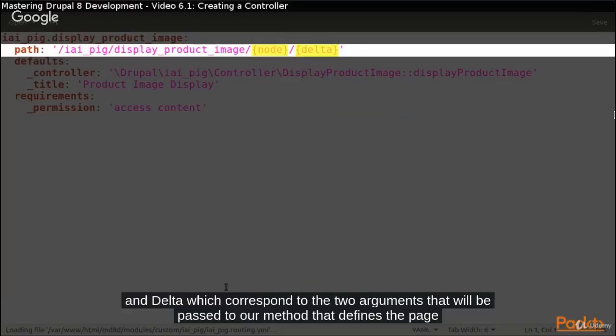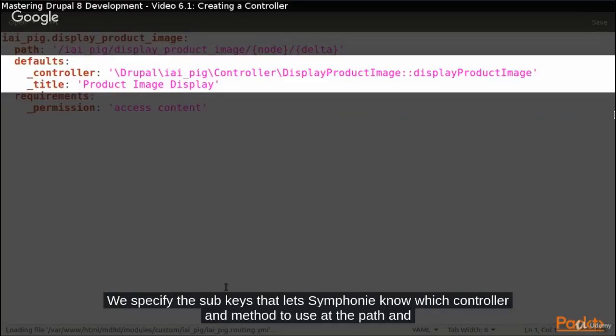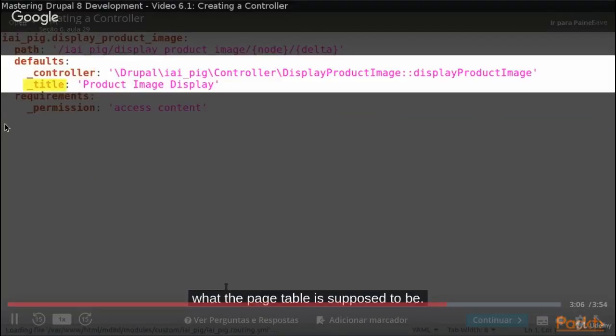our method that defines the page. In the defaults key, we specify the subkeys that let Symfony know which controller and method to use at the path and what the page